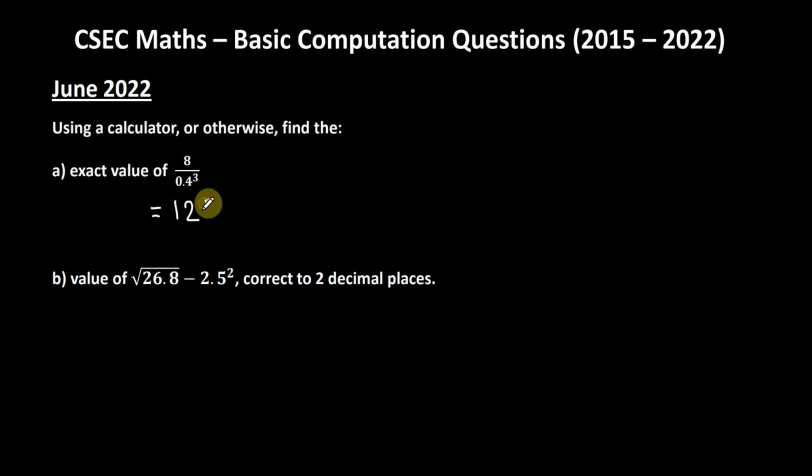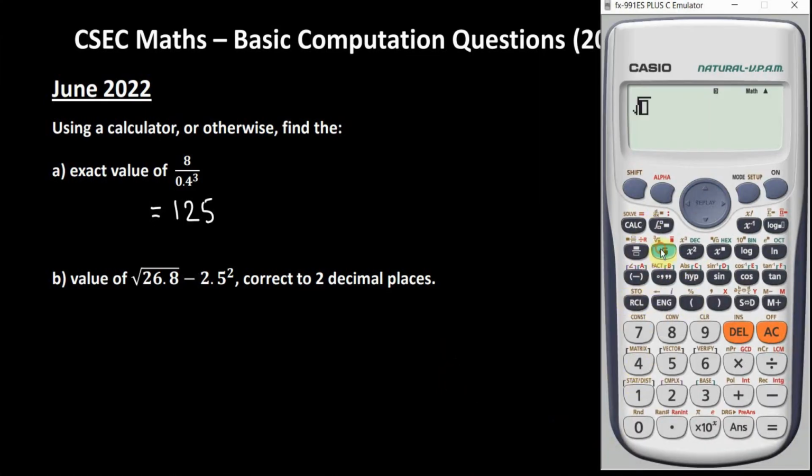So it's 125. And of course, our last question here, I want us to use a calculator or otherwise to find the value of the square root of 26.8 minus 2.5 squared, and I want us to give our answer correct to 2 decimal places. And of course, again, we're going to use our calculator to aid us in solving this one. So there we go. So we have a square root sign, 26.8 minus 2.5